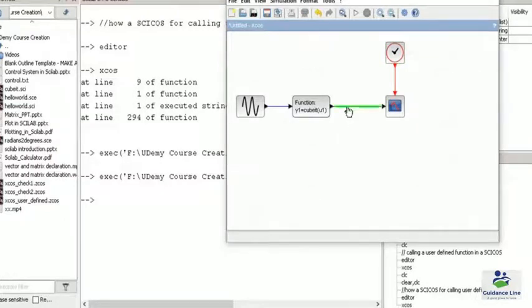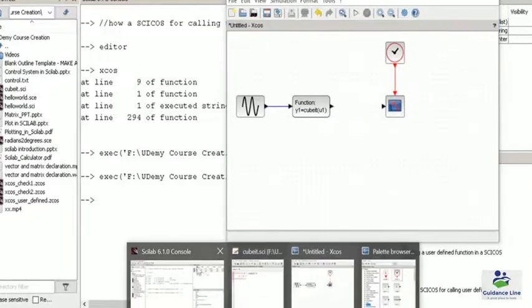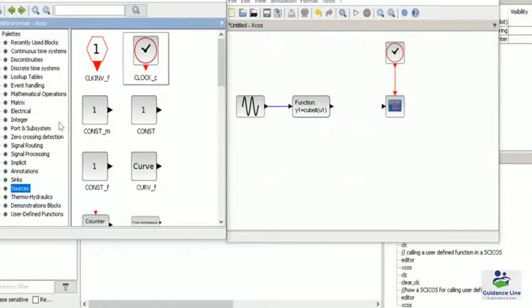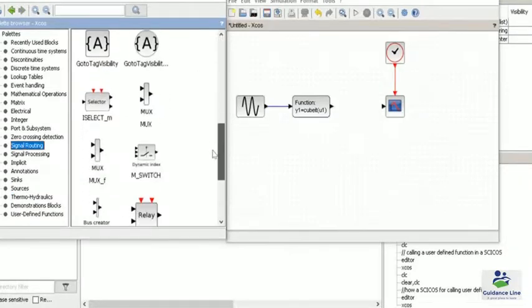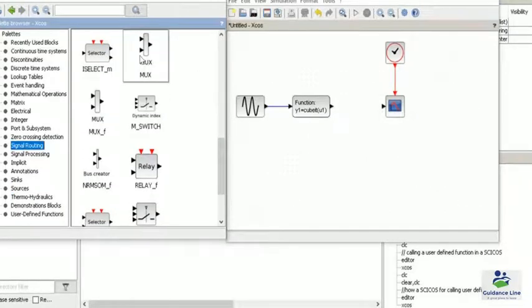So let me first delete this particular link, and in the palette I am finding a multiplexer. The multiplexer can be found in the signal routing palette, and in signal routing you can see we have a mux operation over here. So I simply drag and drop the mux,